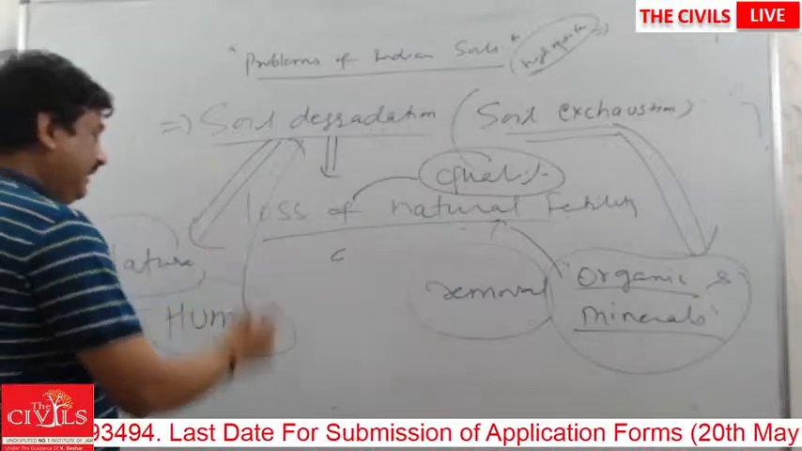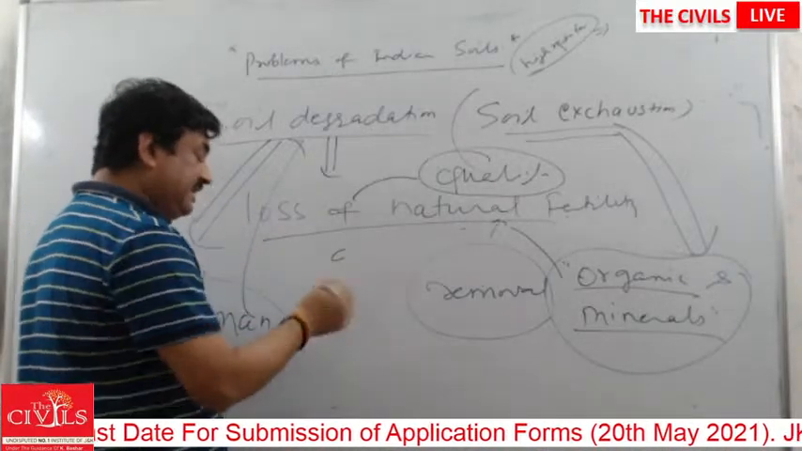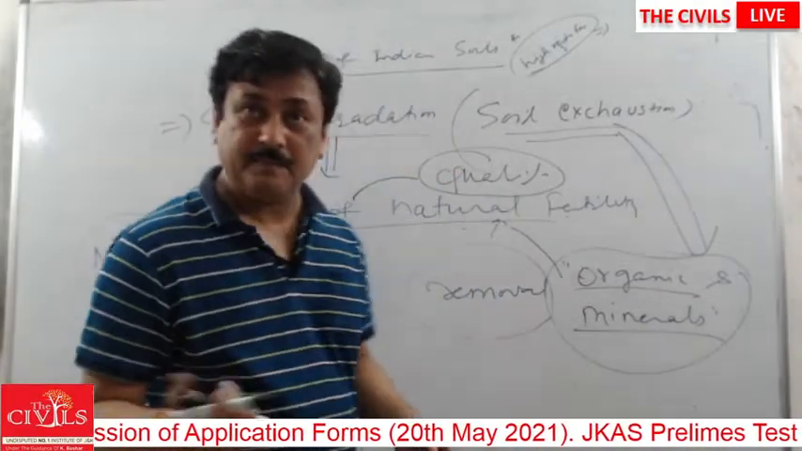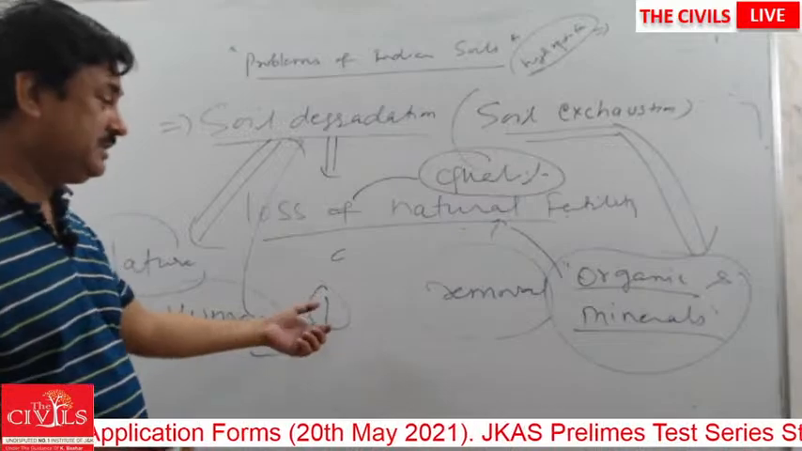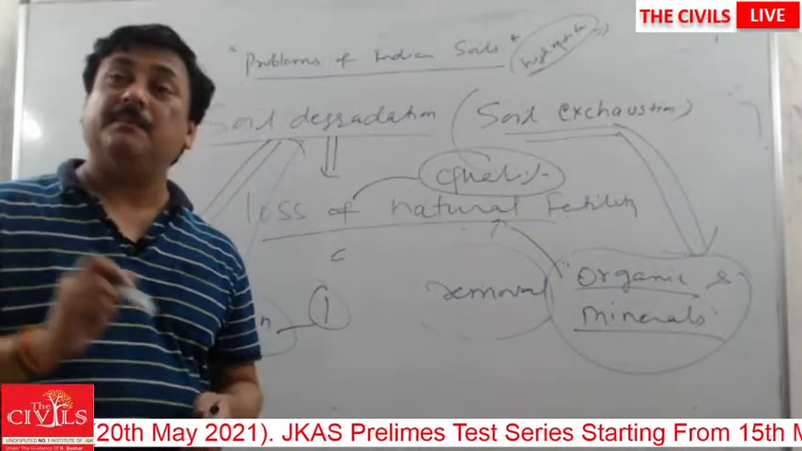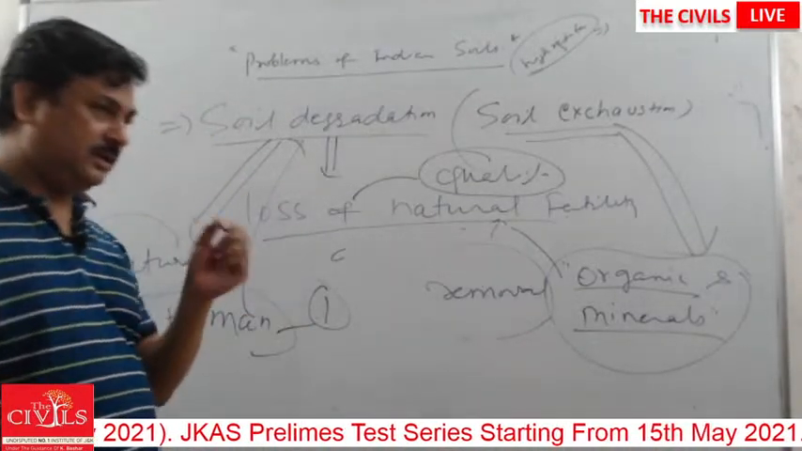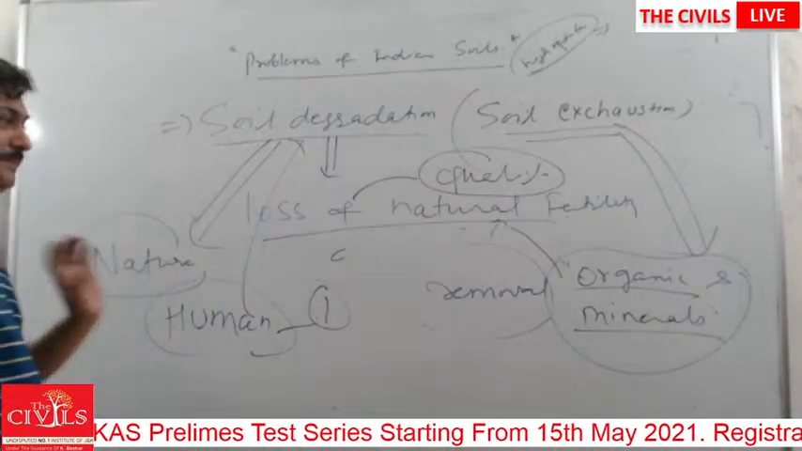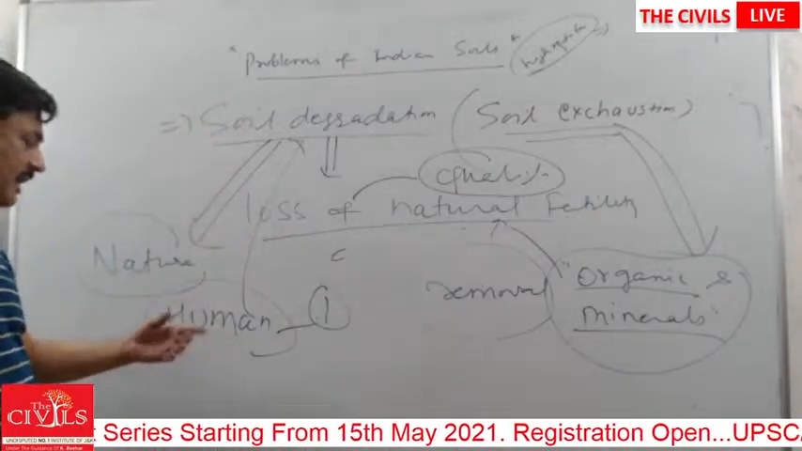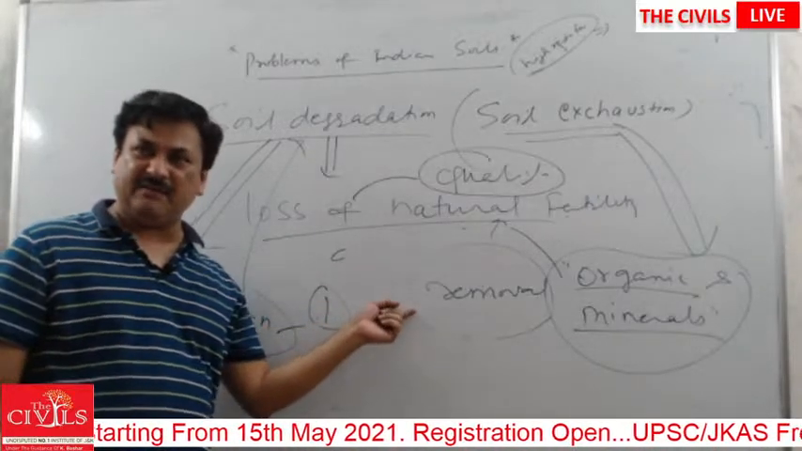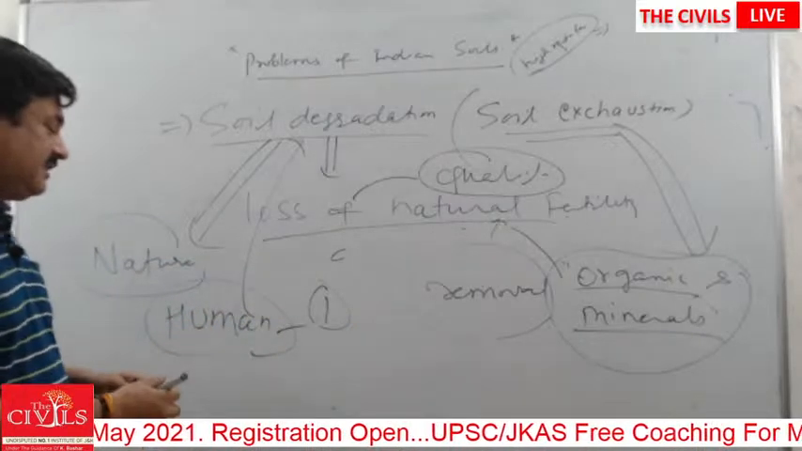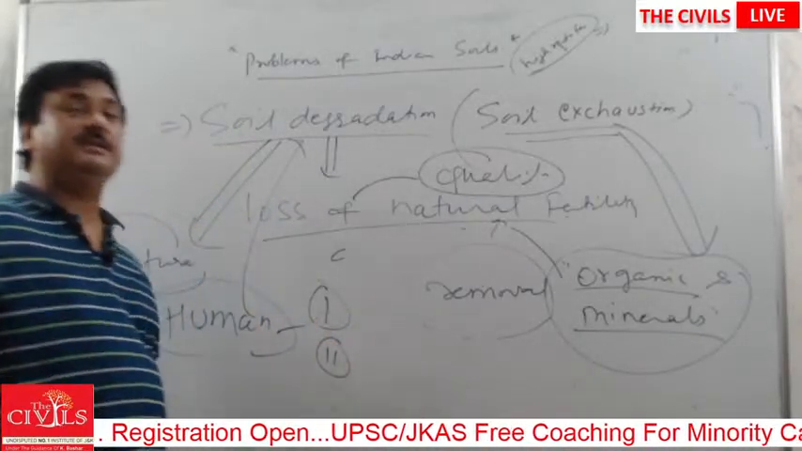How is the human factor responsible? The first reason is excessive use of fertilizer. Because of excessive use, the soil starts losing its microbes, the microorganisms present in soil. So excessive use of chemical fertilizers, pesticides, and weedicides is a main reason. The second reason is